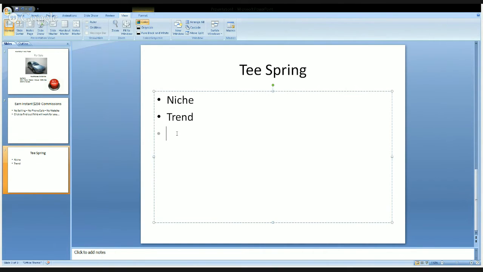So then what you want to do is get a unique design. And if you can do it yourself, that's fine. And if you can't, as I say, you can go to somewhere like Fiverr and get somebody to knock something out for you for under $5.